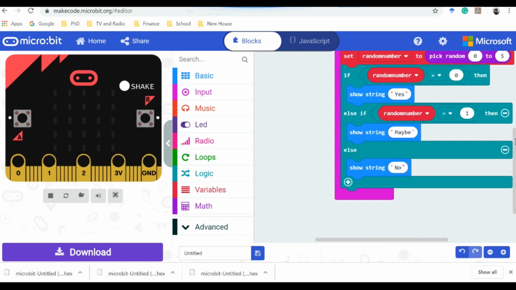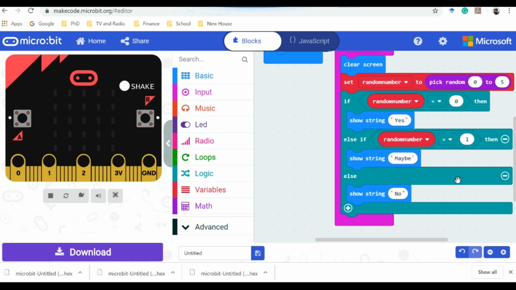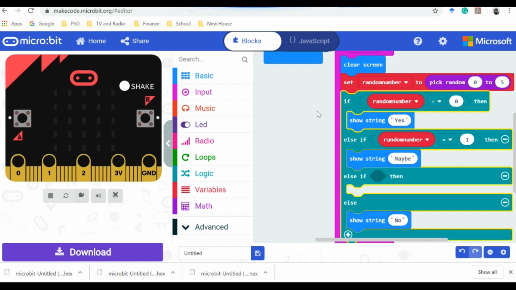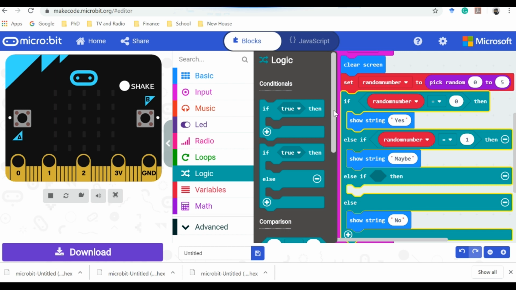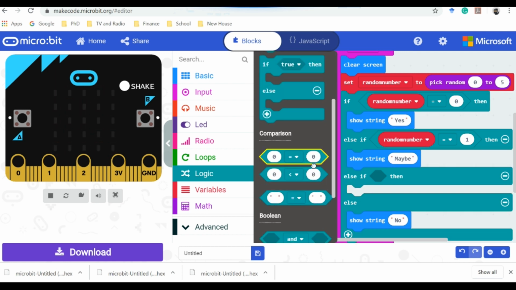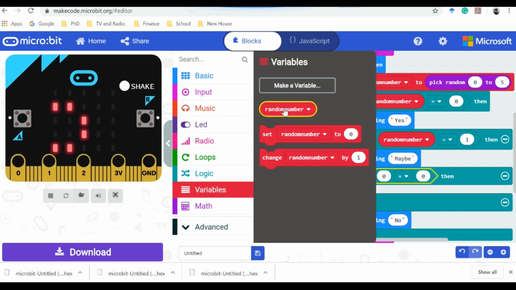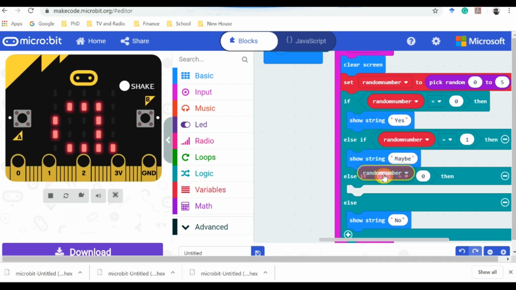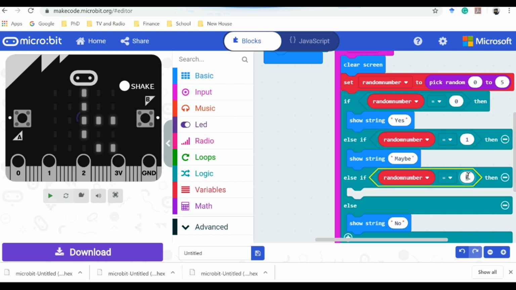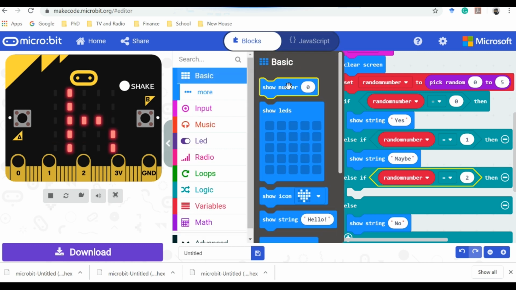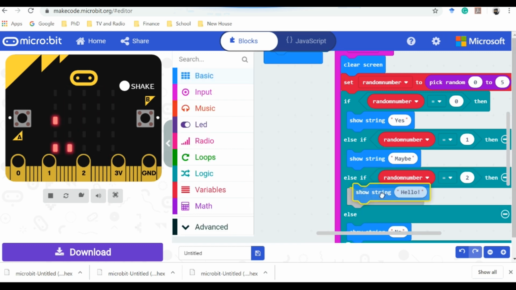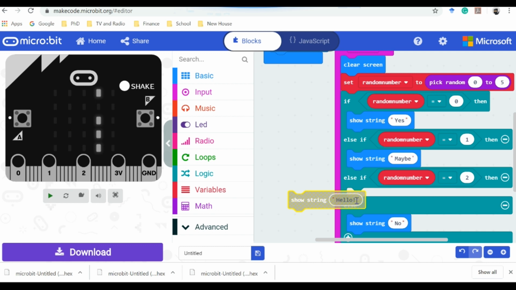We can keep going up until 5 options here, so we'll do one more and then you can come up with the rest. So let's just remind ourselves how we do it. We click logic, we scroll down, move that first comparison box across, click variables, move random number into that first 0, and this is going to be if it equals 2, and then we're going to add another bit of string, and this time the answer could be